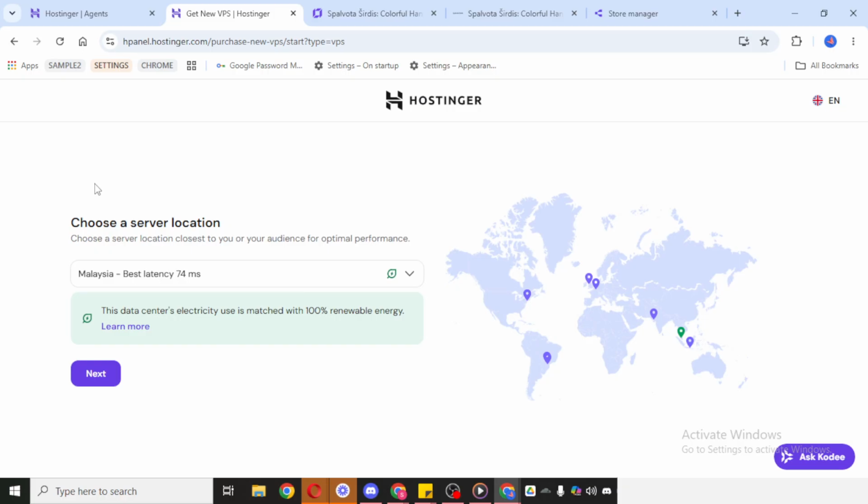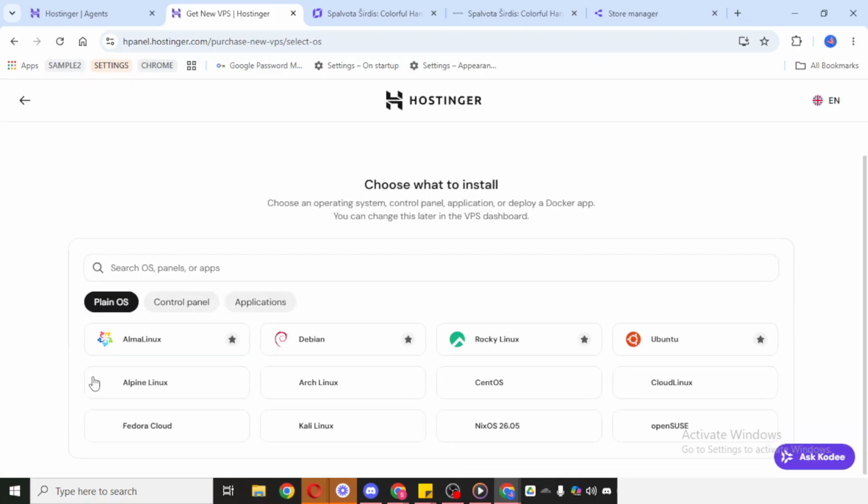Hostinger typically provides a guided setup flow, so the process is fairly straightforward. Read each screen carefully before moving on, and make sure the settings you choose match what you need for your server. Taking an extra few seconds here can save time later when you begin configuring applications, connecting to the server, or managing resources. Once you've completed the prompts, your VPS will be ready for the next stage of configuration.